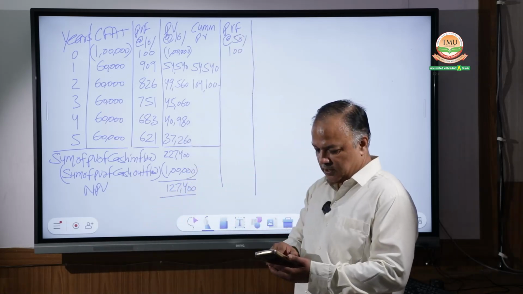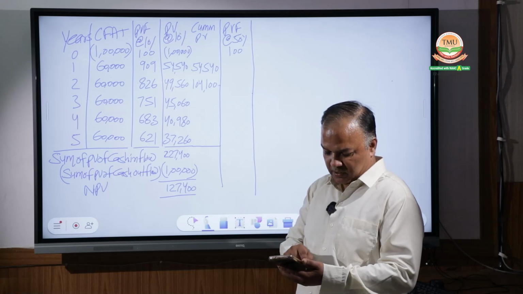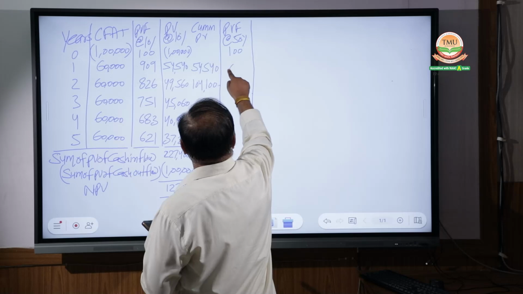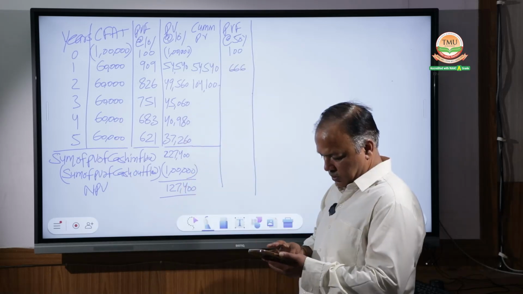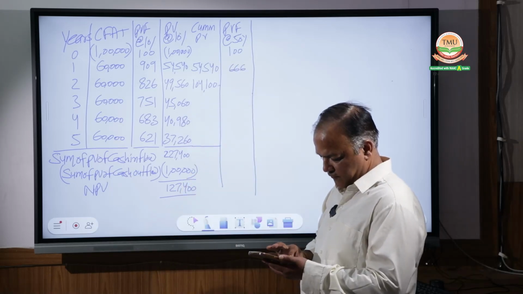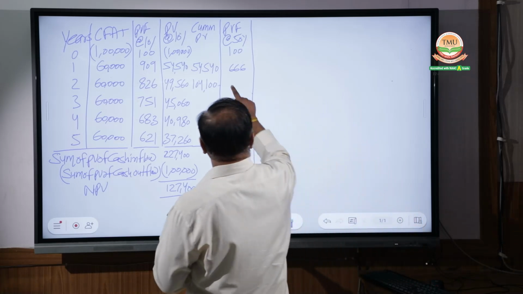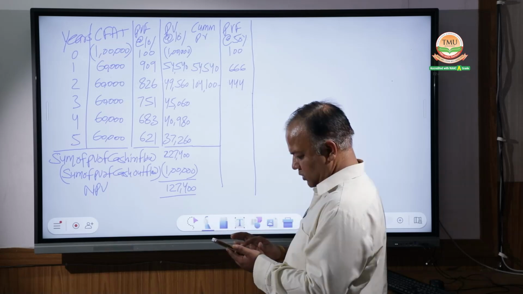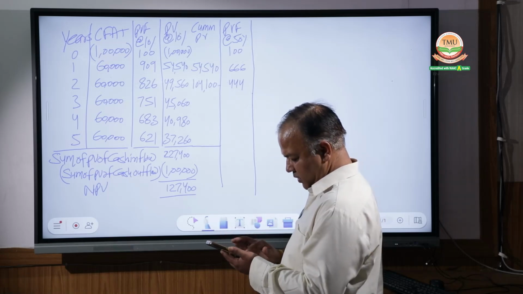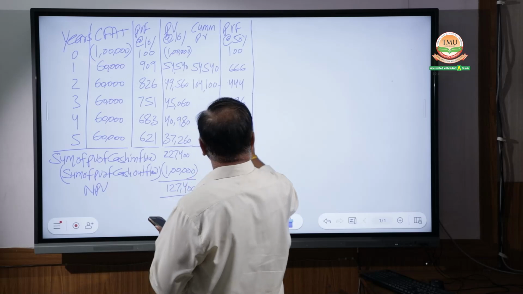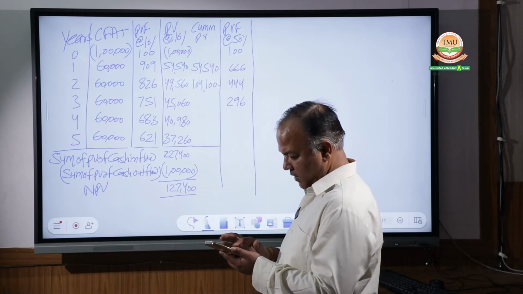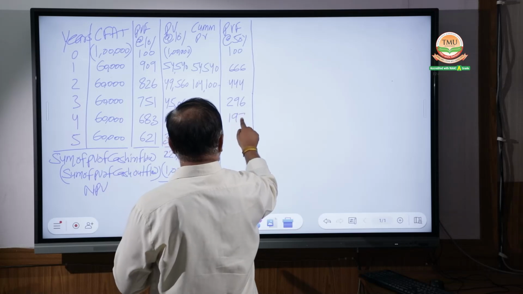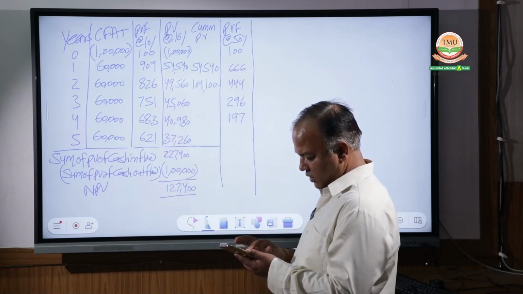Now, a simple formula. Whenever I have to calculate PVF, simply 100 by 150, it will be 0.666. Then 0.666 into 100 by 150 gives 0.44. Into 100 by 150 gives 0.296. Into 100 by 150 gives 0.197. Into 100 by